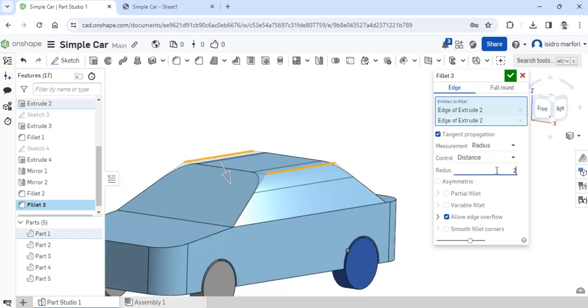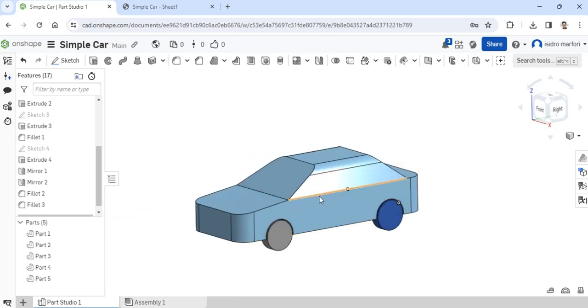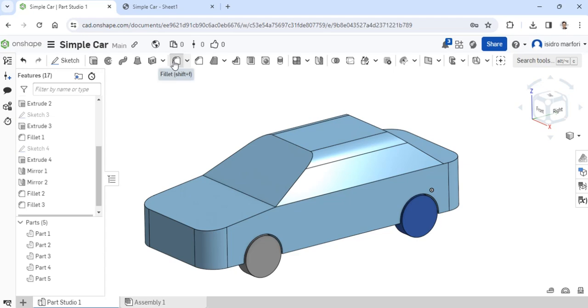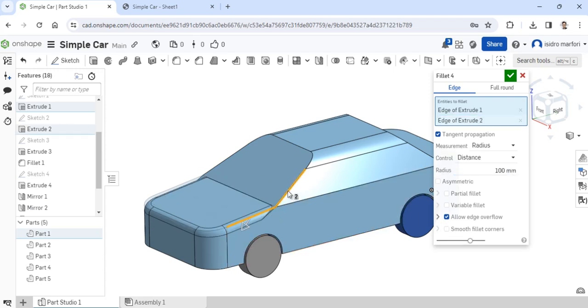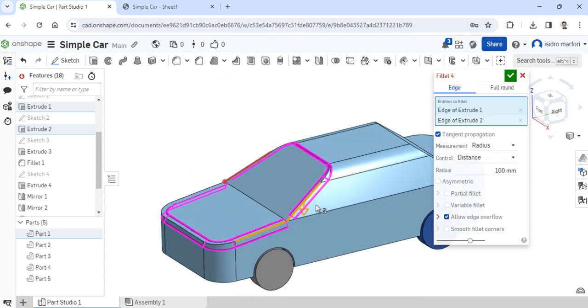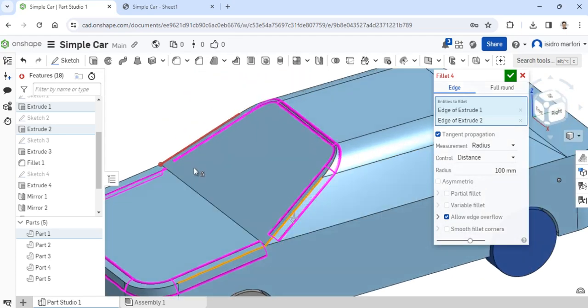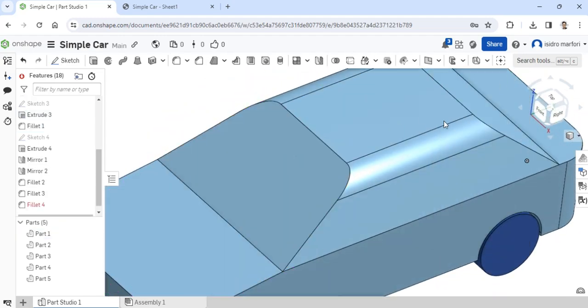Change this maybe around 250 only. There. Maybe we could also round off some of these edges here using fillet. Let's see if that would work. Perhaps maybe 100. Yeah, 100 looks fine. For this one, it's already creating a bit of error. Red things are not very good. It means it's having a hard time calculating. If you try to accept that, it doesn't work and there's like a red symbol here. That means there's a certain error.